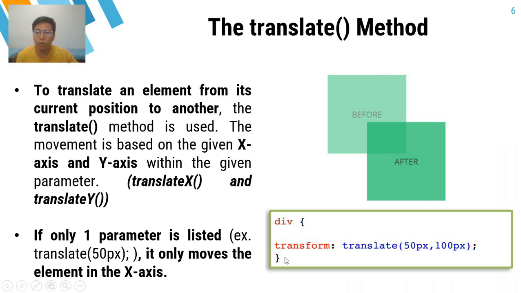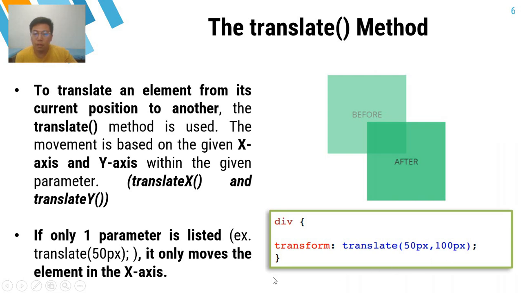So in your brackets, I want you to encode the transform property, and we have here a colon, and you're going to use the translate method. Inside the translate will be two values: 50 pixels and 100 pixels. 50 pixels indicates this is for translate X, so your movement will be going to the right, and for translate Y, the movement will be going down.